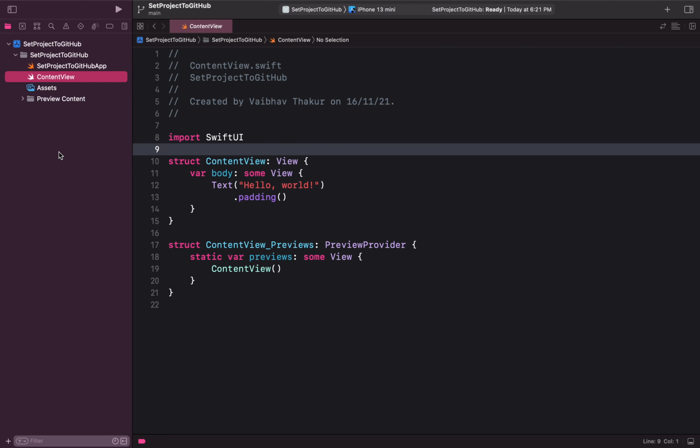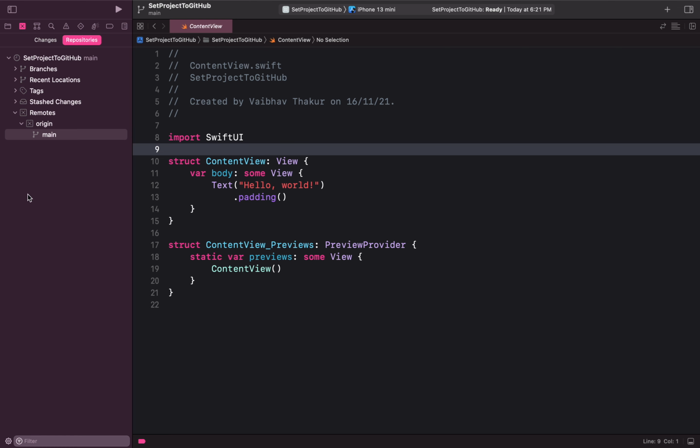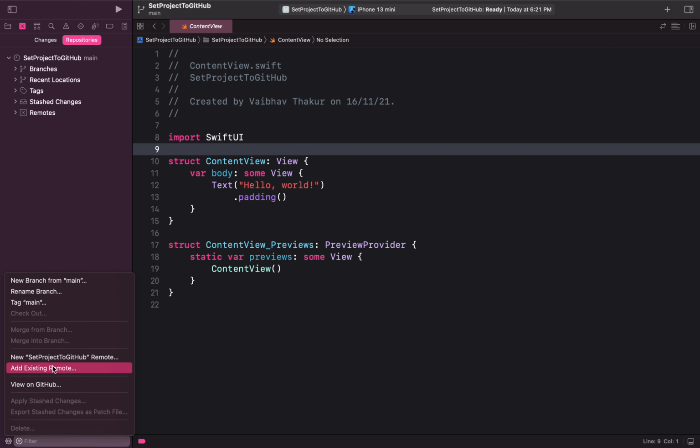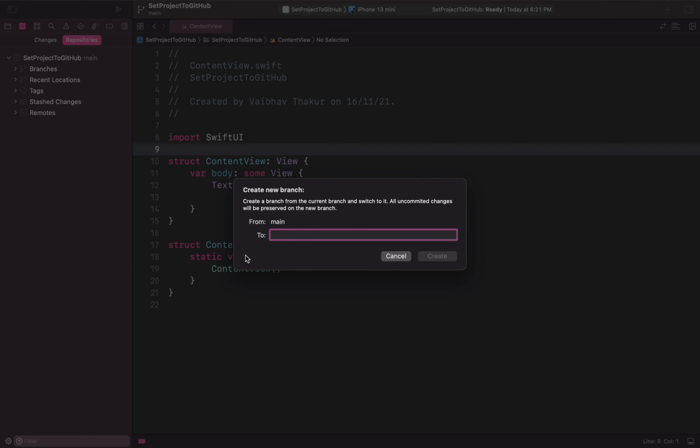So to do that, just go to this Git section, and inside here, click on this little settings icon and create a new branch from the main branch. Just click on that and give a name to the new branch.